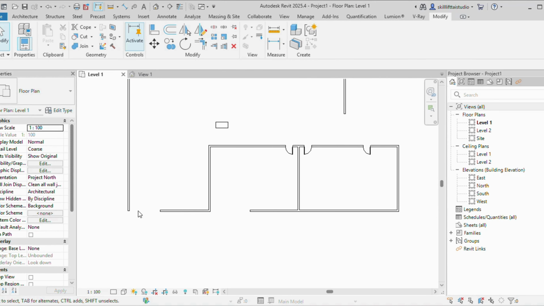This being the inbuilt feature, once the walls are joined, it cannot be trimmed. If there is any gap or anything, then only we can use the trim option. So let me just first extend this. I have to fill this gap. To fill the gap, I'll use the extend command, and to trim it, I'll just use